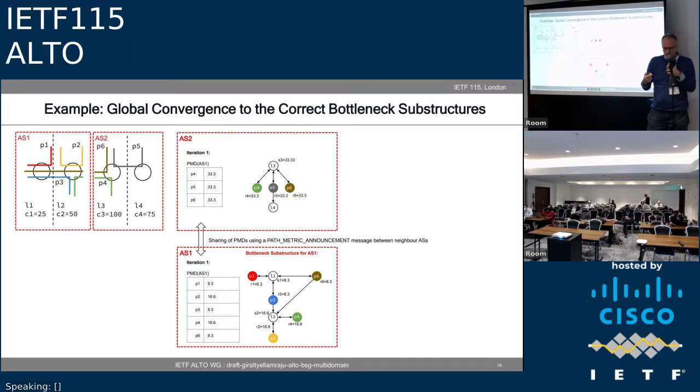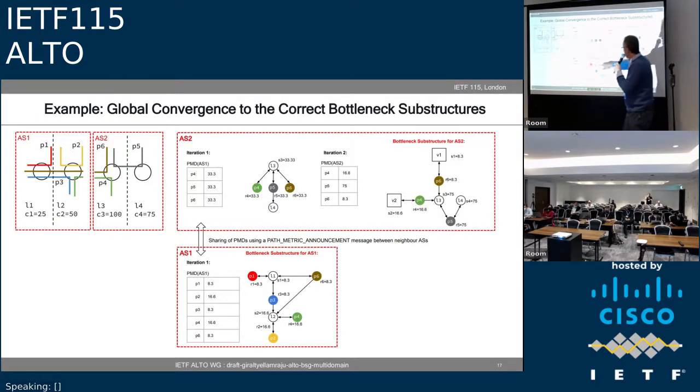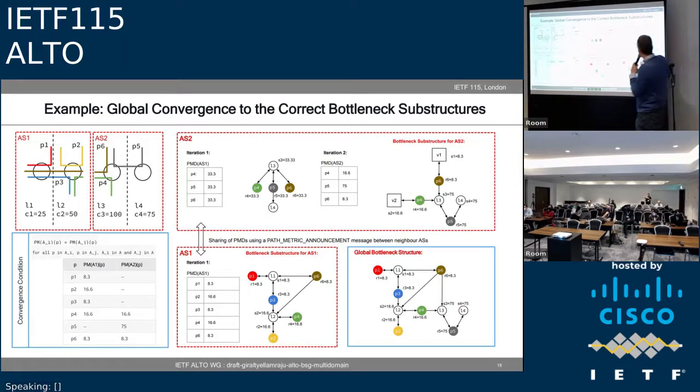But then the next iteration, thanks. Now with this PMD information that they have exchanged as neighbor ASs, AS2 can actually converge. And if you click on next, thanks. Now you can see, you can compare that this subgraph is correct basically now, right? And this corresponds to this portion of the bottleneck structure. So this is a mechanism for both to converge to the correct global bottleneck structure without sharing